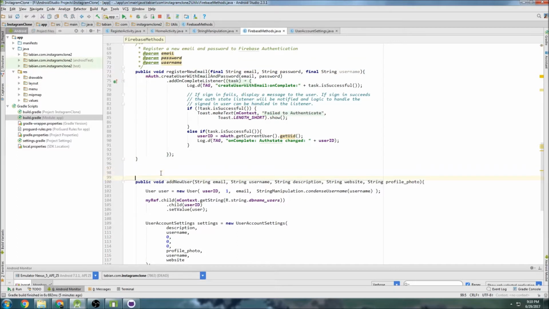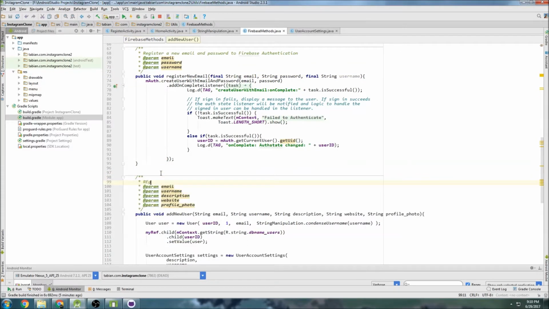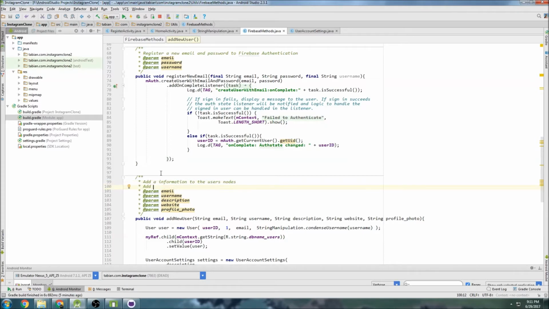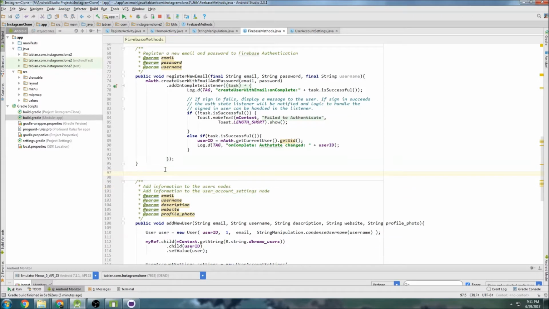And I forgot to put some comments on here, so let's go add information to the users node, add information to the user account settings node. Okay, so now below here we can go public void send verification email, and we don't need to take anything,